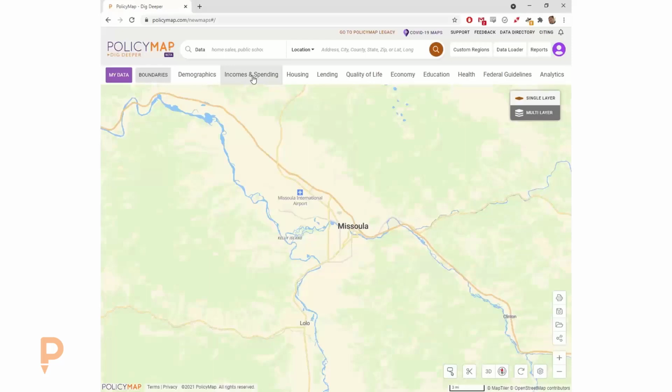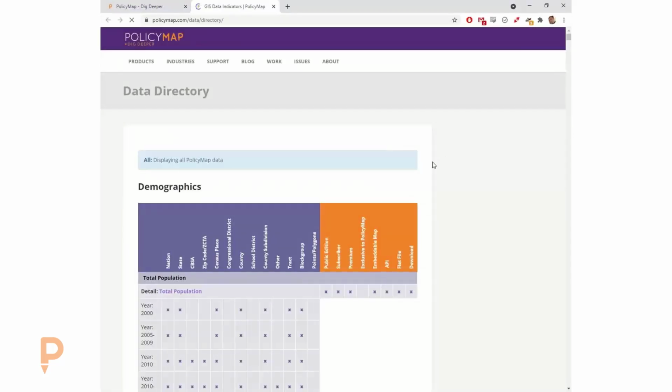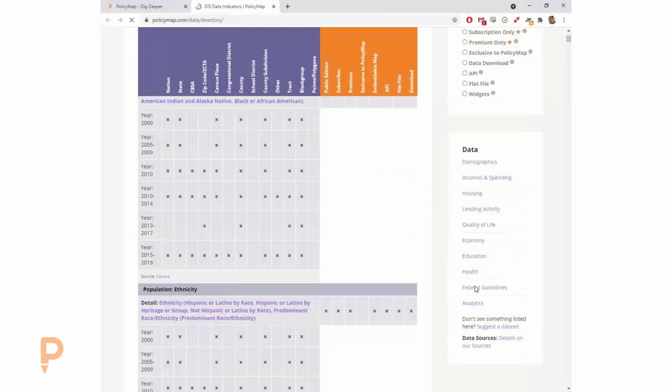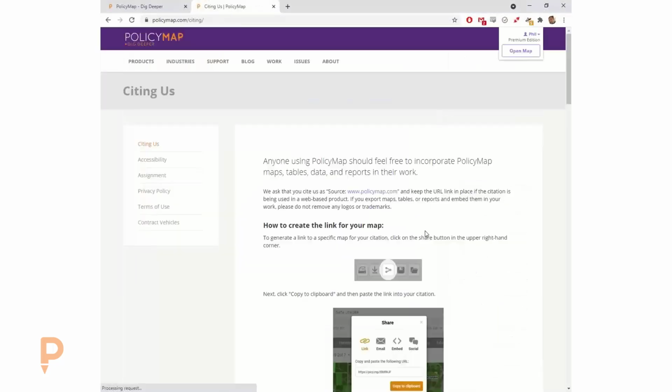So without going into too much of the categories itself, if you do want to learn about some of the categories that we have in the tool, this link in the very top right corner here, which I will send to everyone in the follow-up email, is our data directory. What this page tries to do is summarize all those categories that you just saw. The way it works is as you get down, you'll eventually get to a table of contents which mimics the categories. And then when you enter one of the categories, which is not the right link,